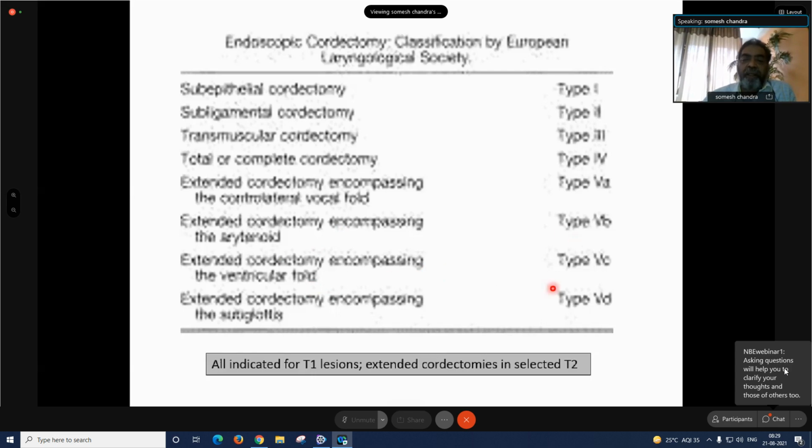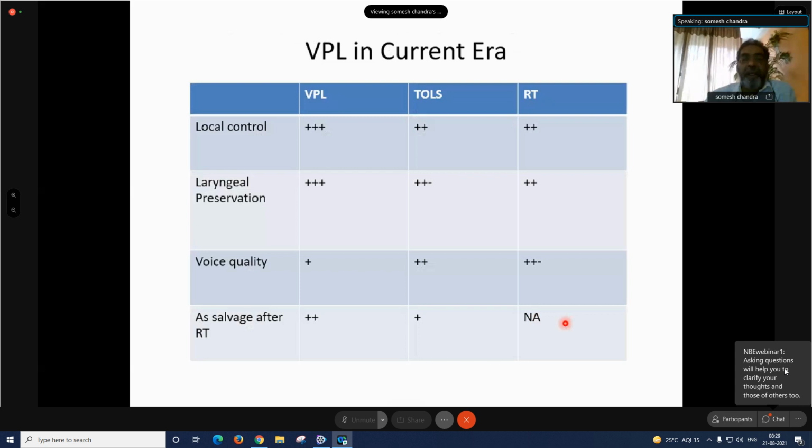Now, this is a slightly difficult area, because any tumor which goes from the glottis to the supraglottis is dangerous. So anything which goes from glottis to supraglottis anteriorly at the anterior commissure possibly can be resected, but not what goes laterally across the ventricle, because then we know that the paraglottic space is free. There are no membranous structures to prevent disease spread into the paraglottic space. So these are the limitations of endoscopic lasers,